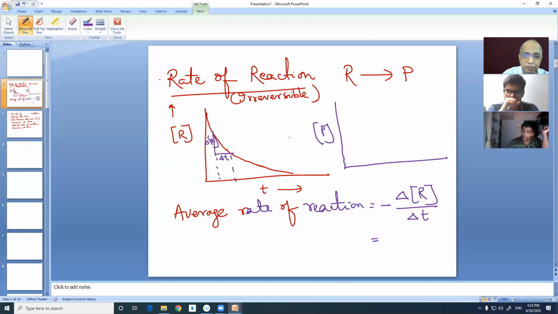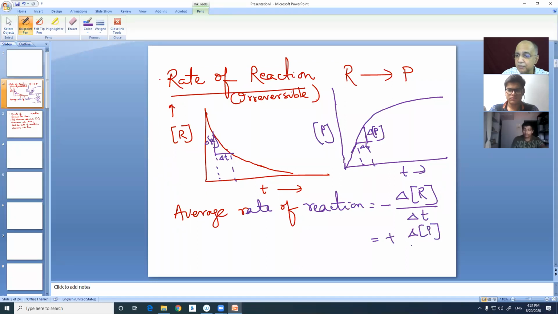So he or she is monitoring how the product concentration is varying, then you will get a graph like this, where supposing same time will be taken between 5 minutes to 10 minutes. Here, this value is positive. This is delta P, this is delta T. So plus delta P by delta T. So the average rate during a particular time duration